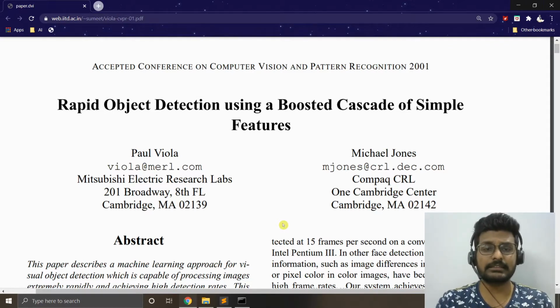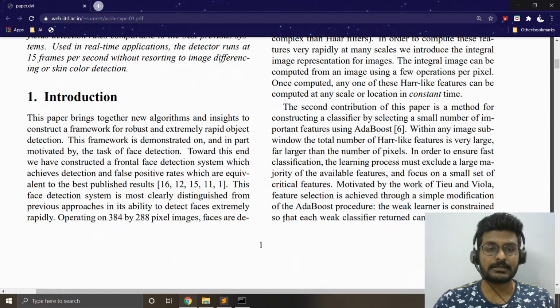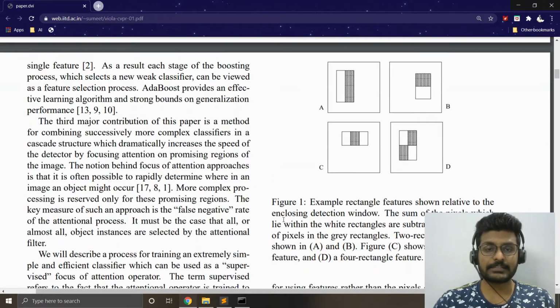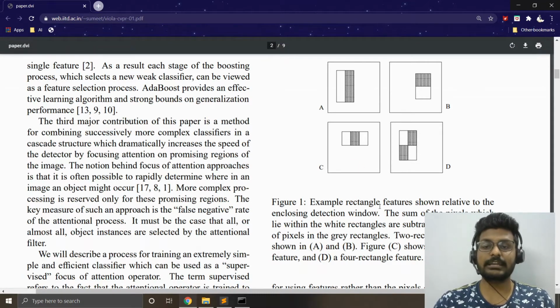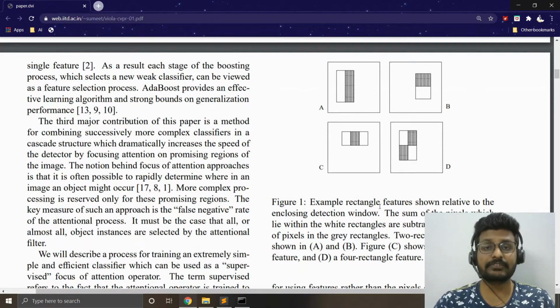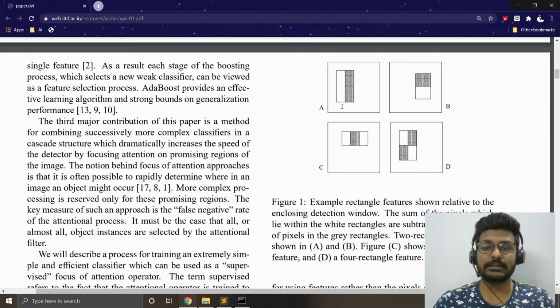We'll try to understand this particular paper right now and see what theoretical concepts they applied to make this happen. So let us go into the paper right away. Here you can see the first point we need to keep in mind is the features. Viola and Jones created different kinds of filters. You can see the different filters available over here, so four kinds of filters here. Likewise they have created different filters, and they pass these filters onto the faces.